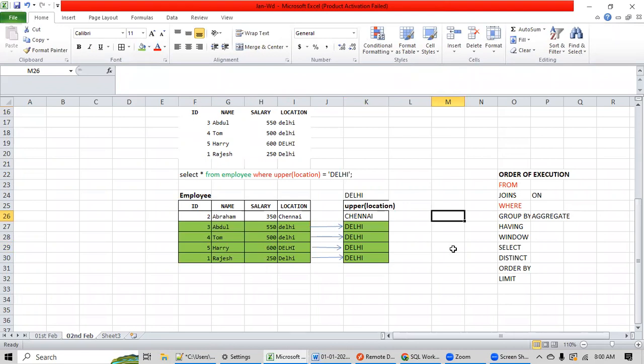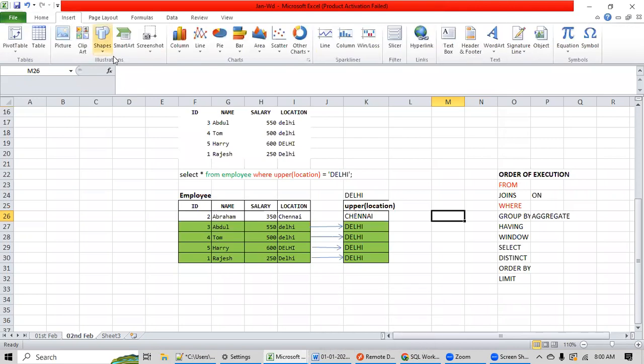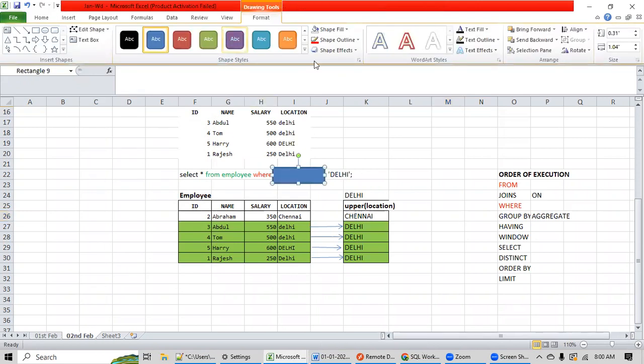So Tanvir, while querying this, will it see the upper location and fetch the data, or will it see the location itself and fetch the data? No. See, clearly we have mentioned here to check Delhi in this column, upper location, right? Yes.